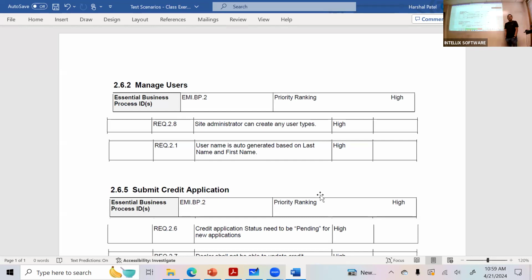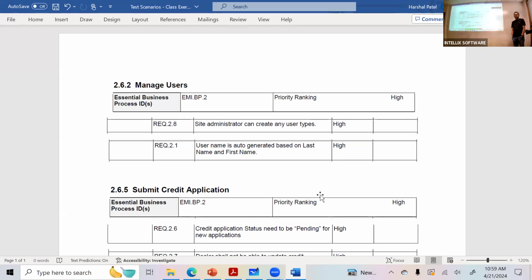Swati? Any thoughts, Swati? What is missing in the requirement? A user should be active. No, it's not about active, right? So what's supposed to be the username?